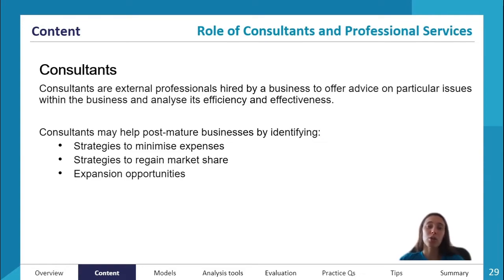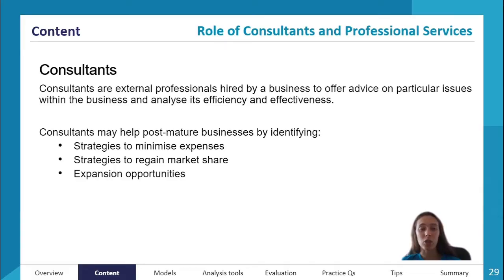Okay, now we're on to the role of consultants and professional services. A consultant is an external professional hired by a business to offer advice on particular issues that are affecting the business and then analyze the business's efficiency and its effectiveness. And so a consultant could help a post-mature business, which is what we're looking at. Remember, this is the